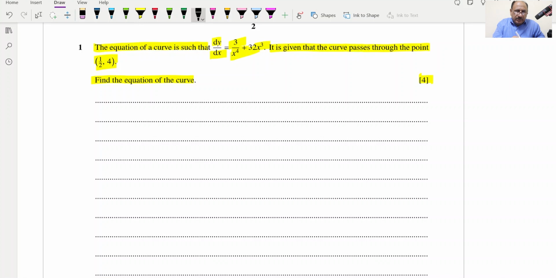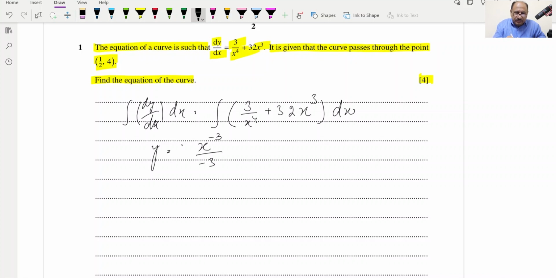So we will integrate: integral of dy over dx dx will be equal to integral of 3 over x raised to the power 4 plus 32x raised to the power 3 dx. This side will result in y. So we can write y is equal to, and the integral of this will be x raised to the power minus 3 over minus 3, and this 3 we will write here,